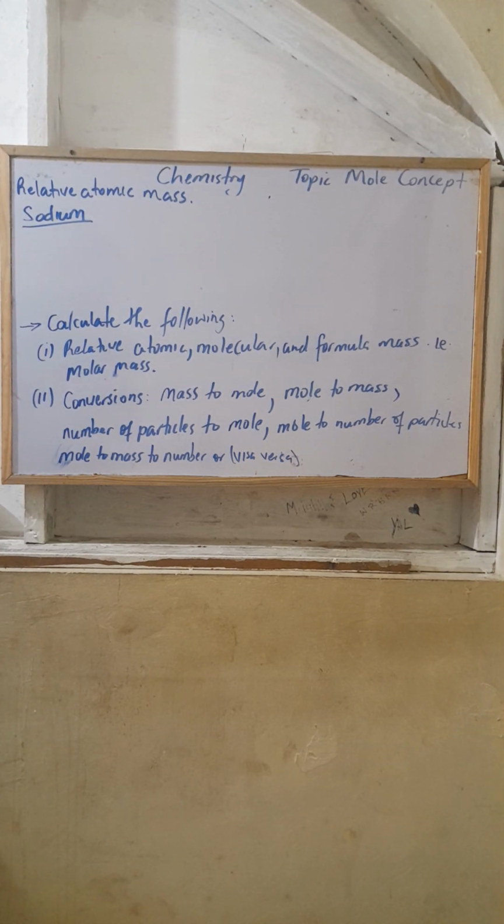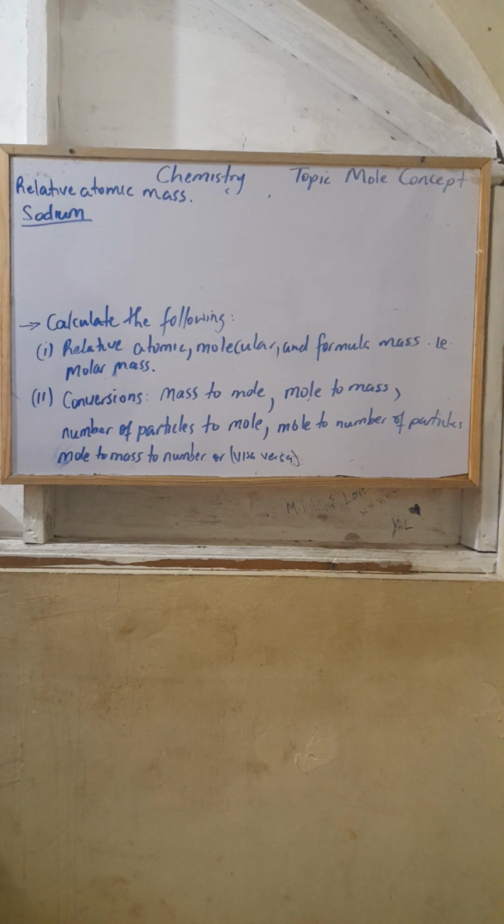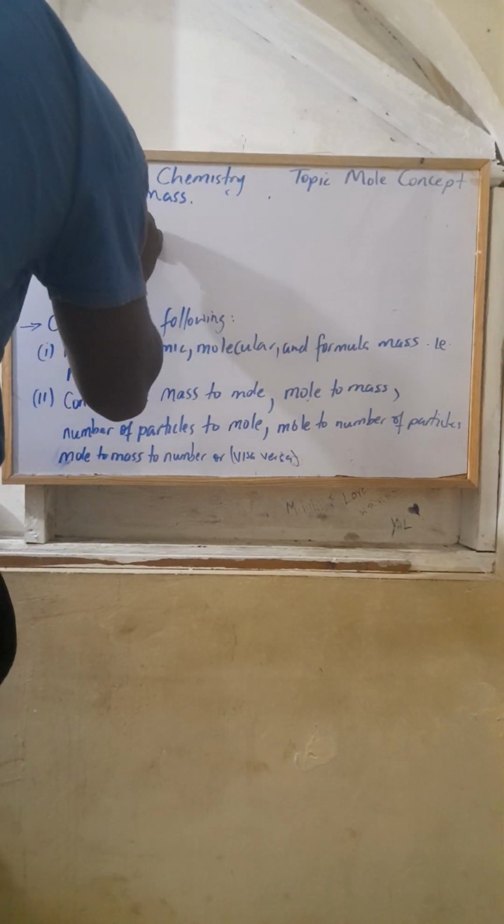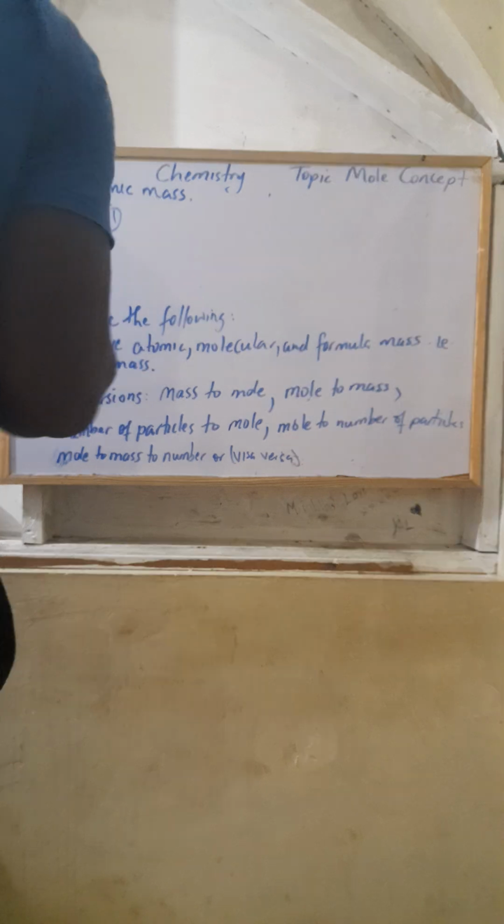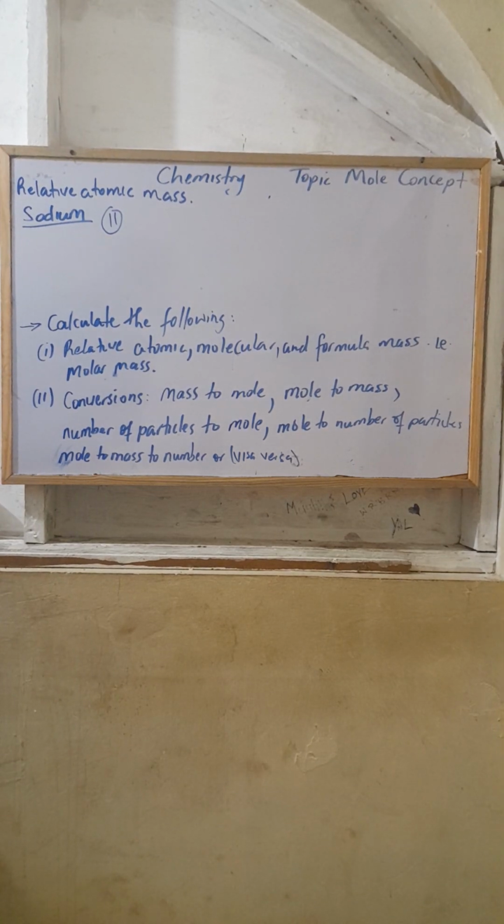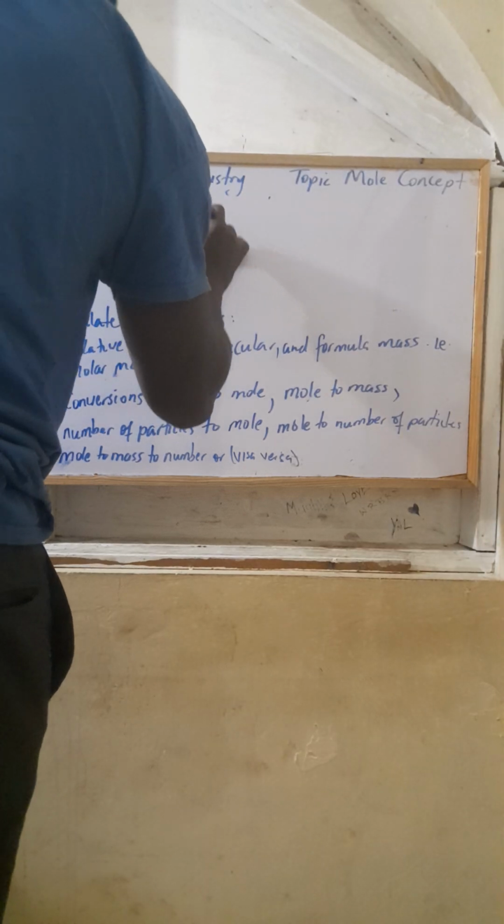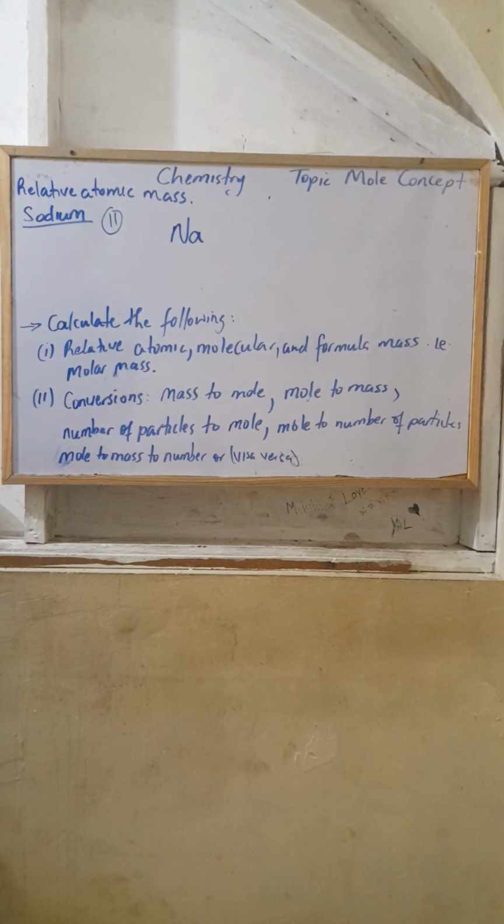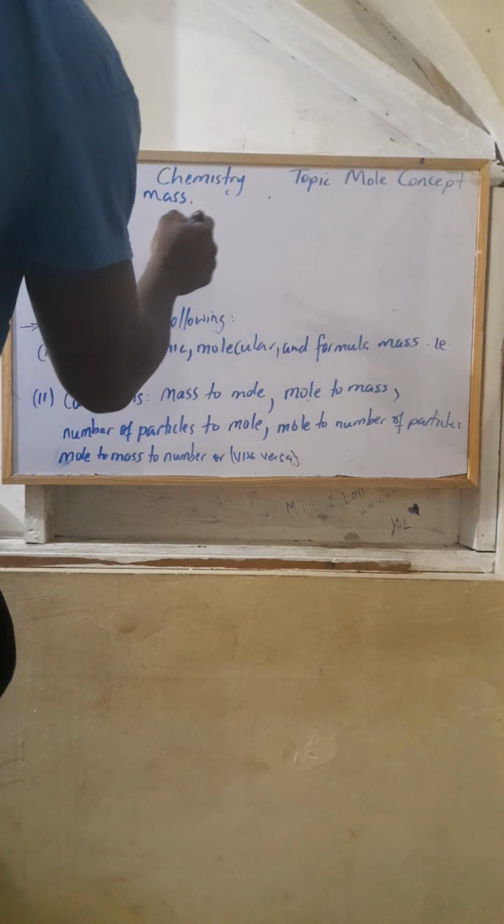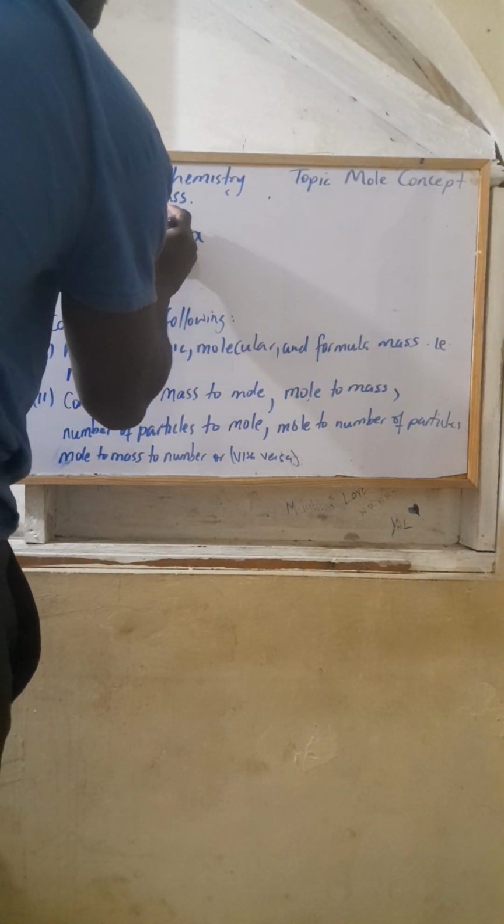Sodium is a metal that is found in group 1 and it has an atomic number of 11. Sodium has a symbol Na, and the nuclear notation for sodium would be Na with 23 at the top,